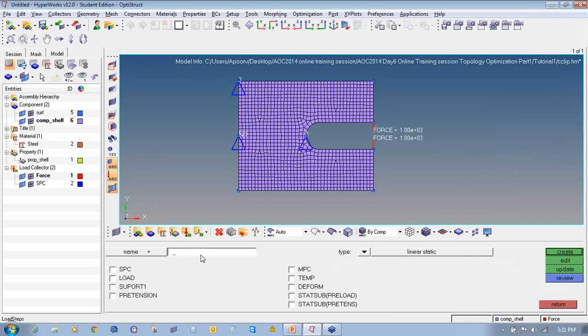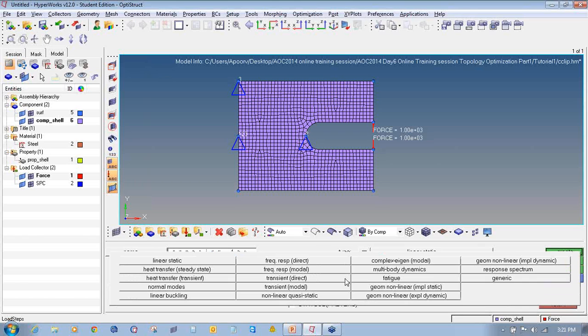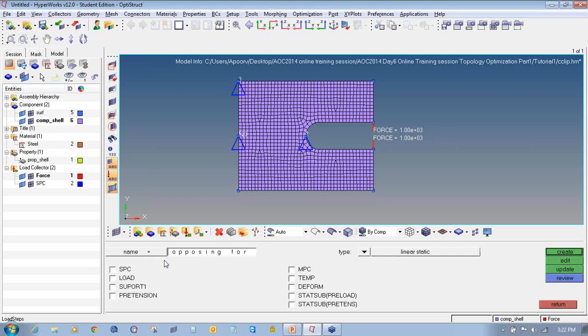Enter the load collector name, say opposing forces. Select the type as linear static. Check the box in front of SPC and check the box in front of load. Click here and select SPC. It will tell you the number of SPC, that is 2, and force, that is 1. So this is the load collector number. Then click on create. On the model browser you can see a load step has now been